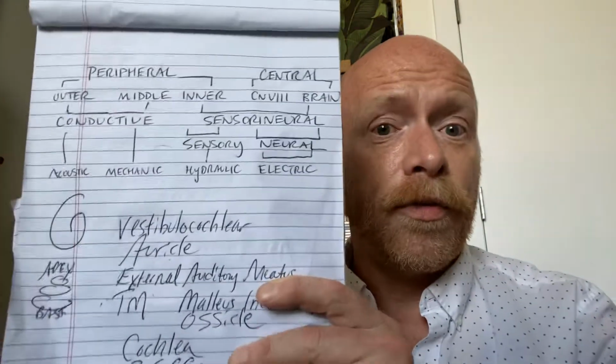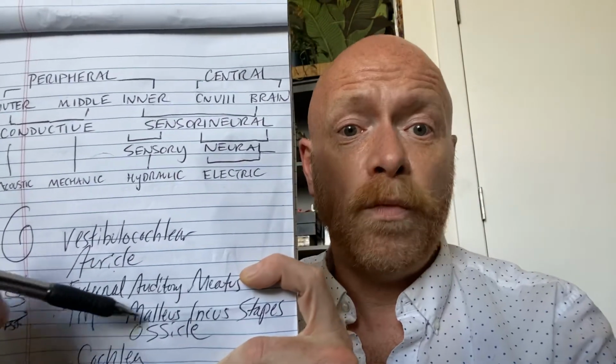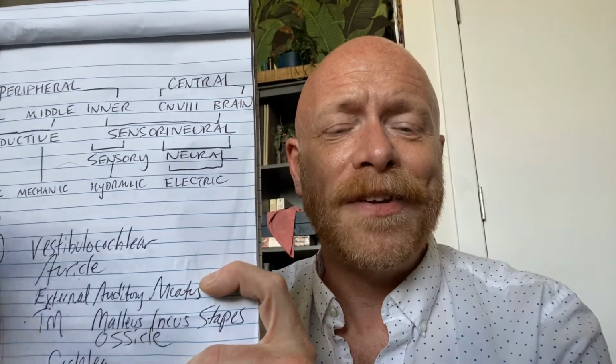Now, from the outer ear, we then move into the middle ear. The middle ear is comprised of the eardrum, sometimes called the tympanic membrane, the TM, and then the 3 ossicles, or bones, that are behind the eardrum, and we have 2 sets of them, right? 2 mallei, I guess, 2 sets of incuses and 2 stapes, okay? The ossicles themselves are held in place by ligaments in the middle ear space. They connect to the eardrum and then connect to the bony wall of the cochlea in the inner ear.